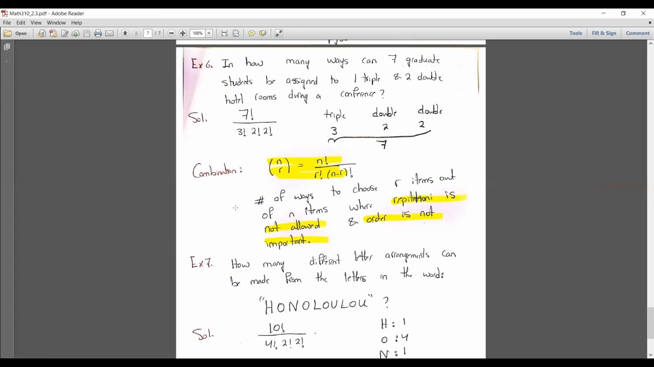Why? Because if we need 3 volunteers, we cannot take the same person as a volunteer 3 times for the same event. Okay, guys? So we are saying that this is the number of ways to choose R items out of N items where repetition is not allowed and the order is not important. So again, guys, if you want to solve this exercise,